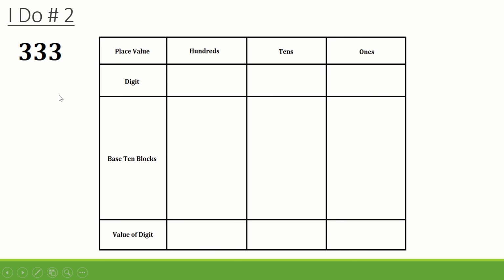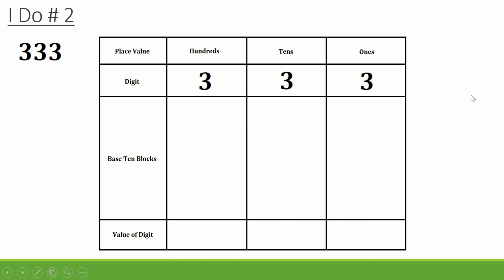So another I do here. At this point, we're just moving along, slightly larger number, 333. We're going to place those digits in the appropriate column. And so I've got a 3 in my hundreds place, a 3 in my tens place, and a 3 in my ones place. If I want to represent that in drawing form,